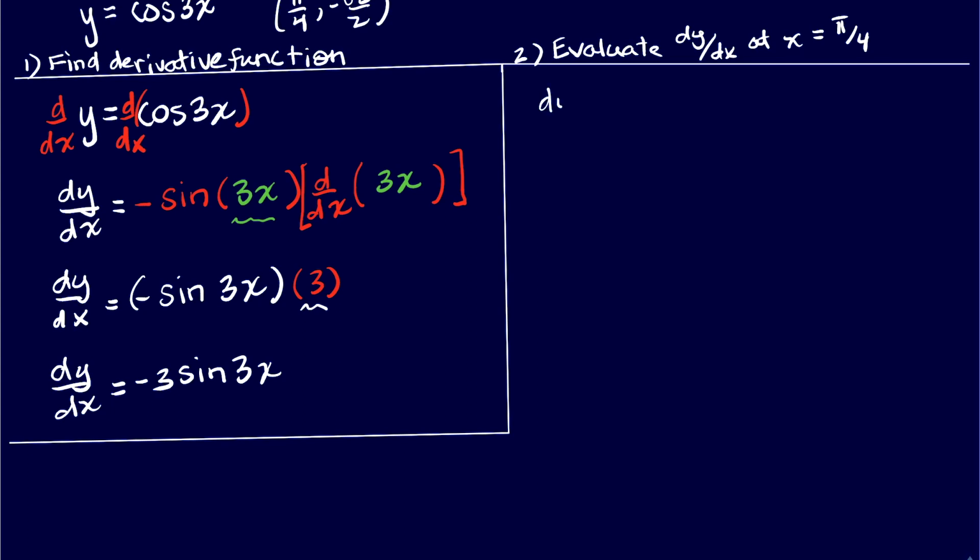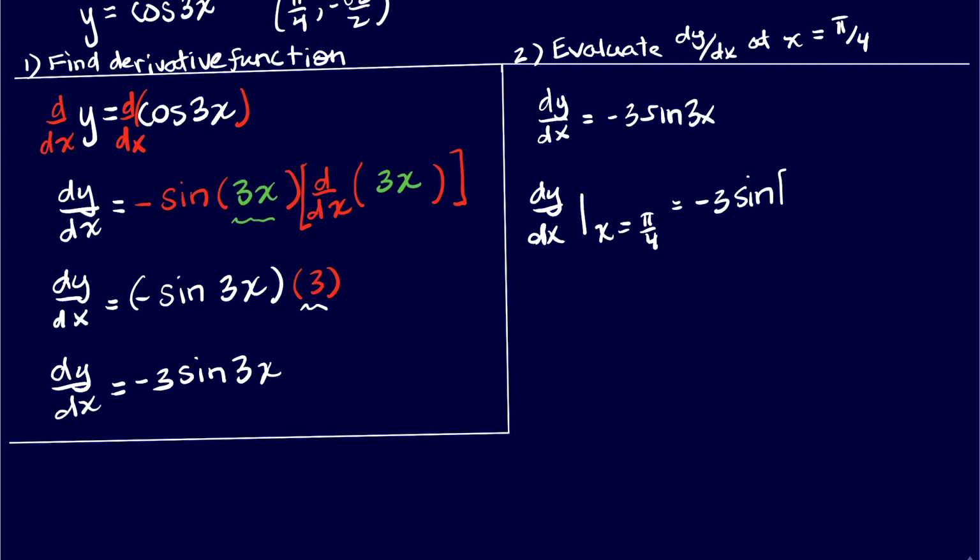So our general function was dy dx equal to negative 3 times sine of 3x. So dy dx evaluated at x equals pi over 4 will be negative 3 times sine of 3 times, and then we'll be plugging in what? Pi over 4 for x. All right, so continuing, we will have